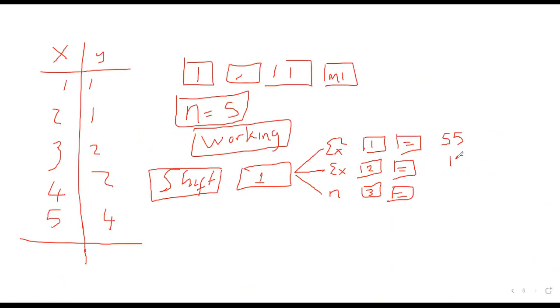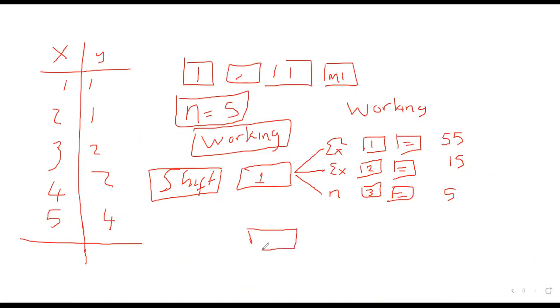Yes. Then shift 1, then 3. It will give you n, which is fine. Of course, we know our sample size is fine. So this is for the workings. But you see that the y's are not being depicted here. So to find the y,